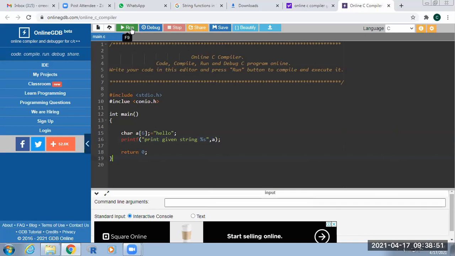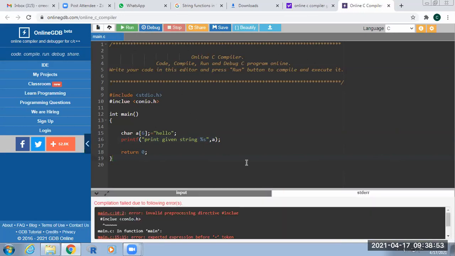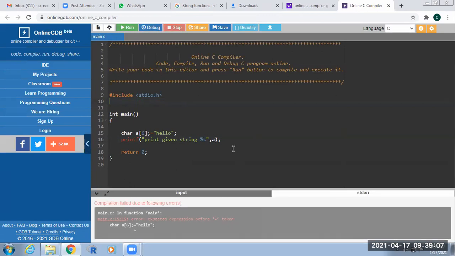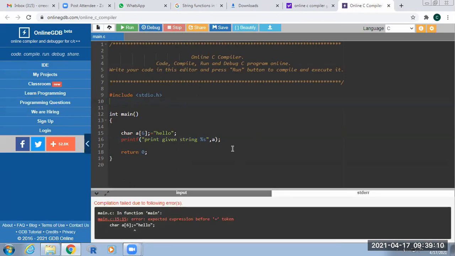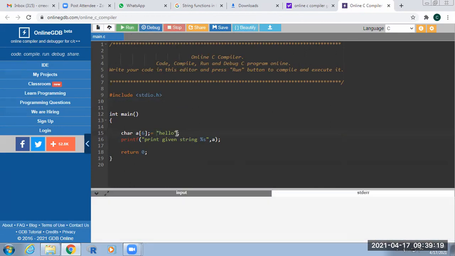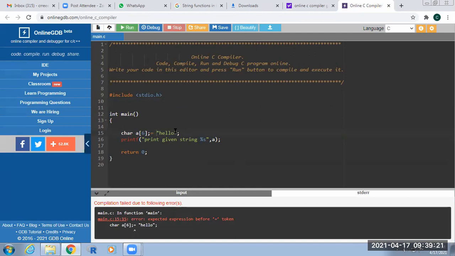See here, just run. Okay, and just give a colon here.